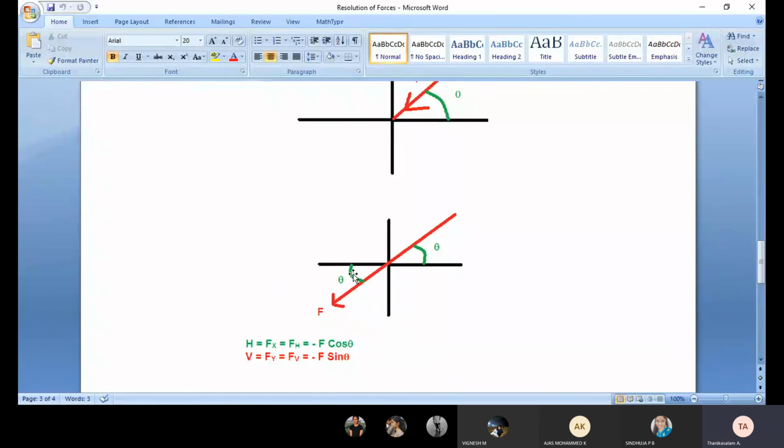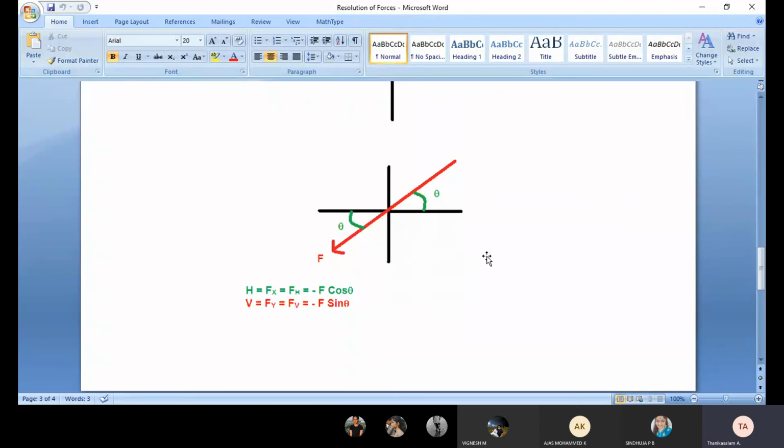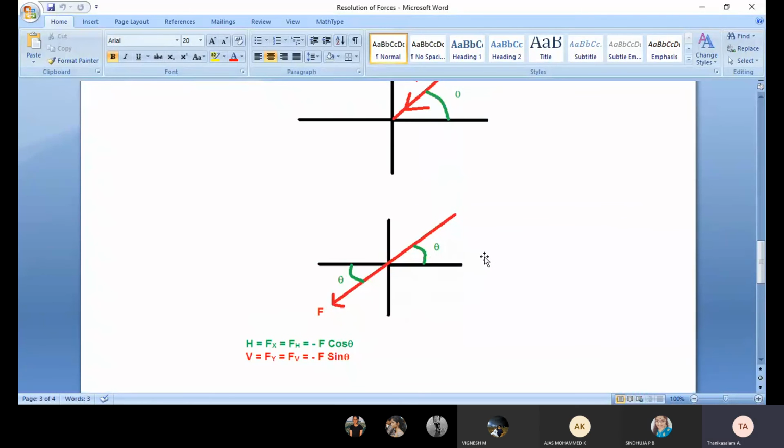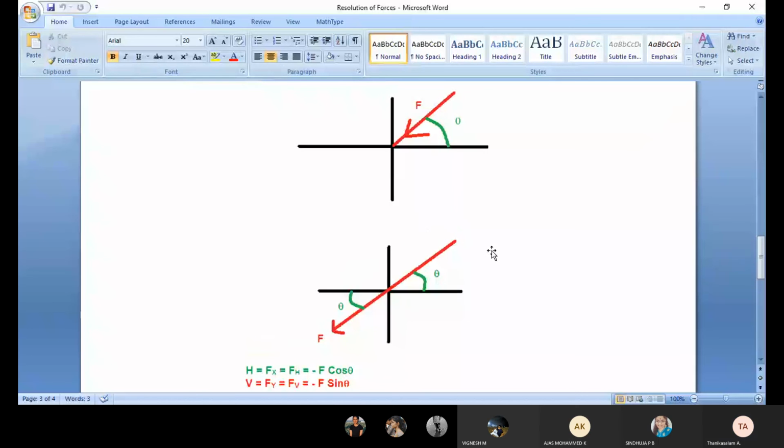Theta is with respect to the x-axis. Sindhu, do you understand this one? Yes, sir. Okay, initially you told it wrongly. You told the y component is right, but the x component is wrong. Now you understand? Yes, sir. Viknesh, do you understand? Raja, do you understand this concept? Yes, sir. What do you understand? Can you explain now? Yes, sir. Tell me, explain.